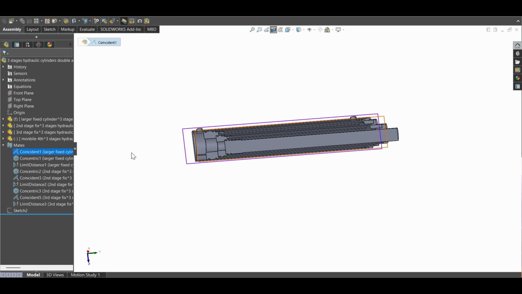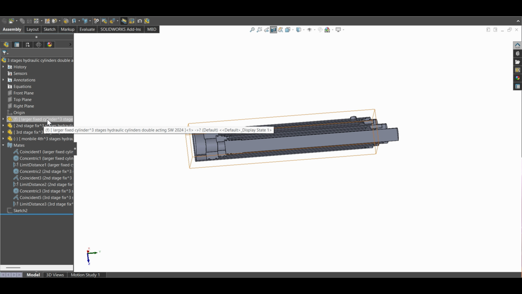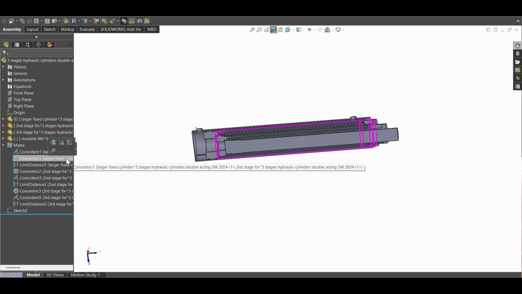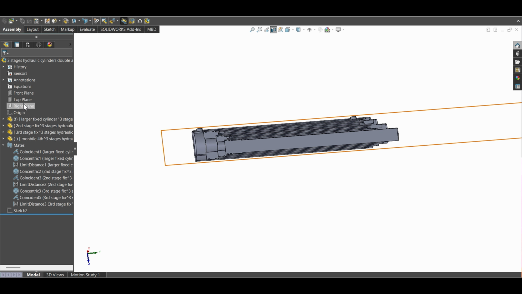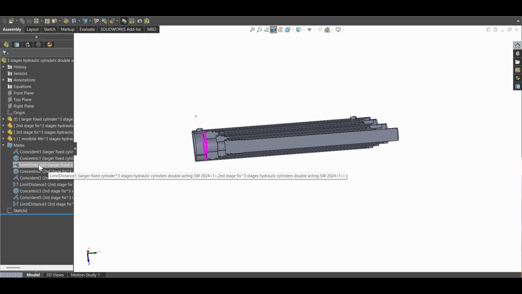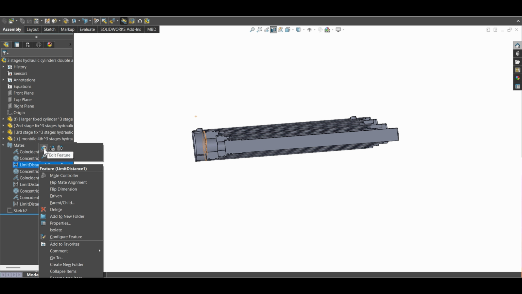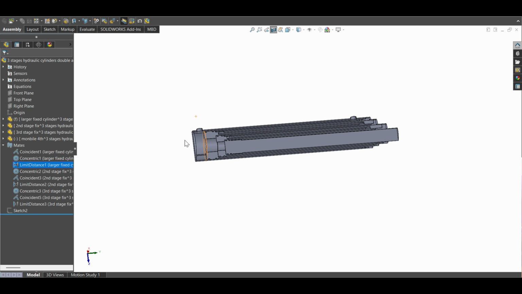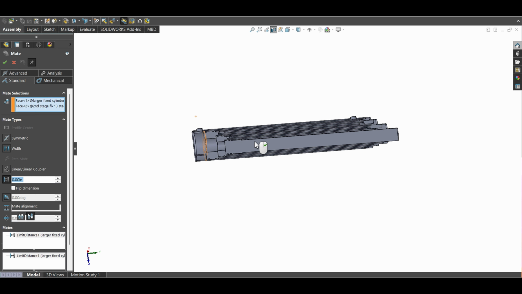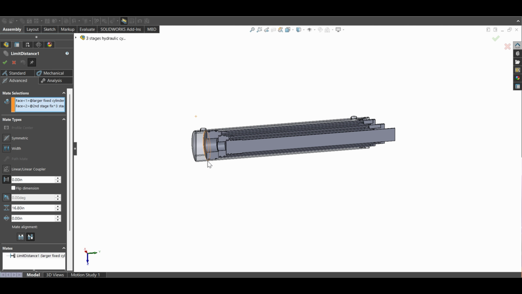coincidence to align the 2 parts, and you have to make one part as fixed and the concentric one, or you can also use coincident to align with the other plane that you haven't used for the first coincidence, and this is the magic one. Okay, so in each cylinder here you have to set a limit, like the maximum limit and the minimum limit. Okay, so